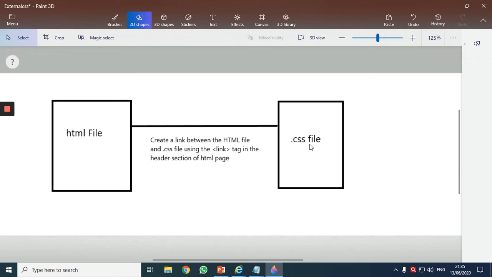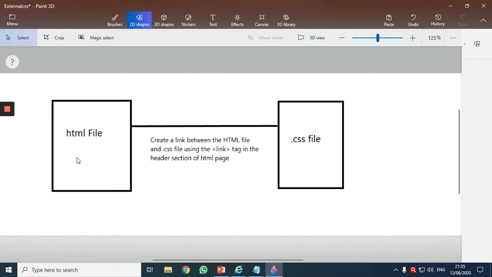Okay, and the CSS syntax says we should have a selector and a declaration block. And the declaration block should carry property : value. Correct? So this new notepad will carry general CSS styles. And this notepad will be saved with an extension of .css.